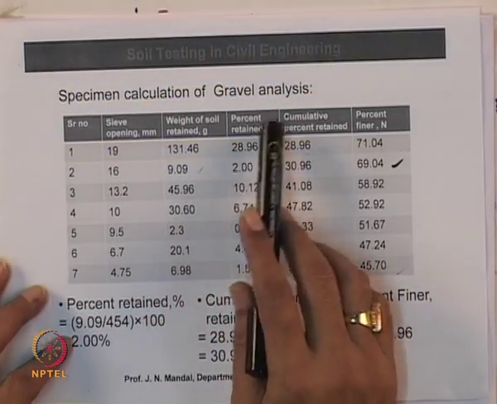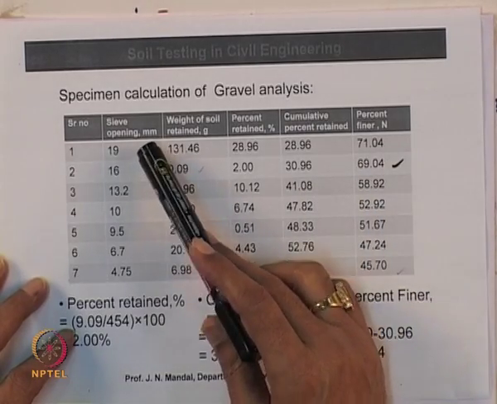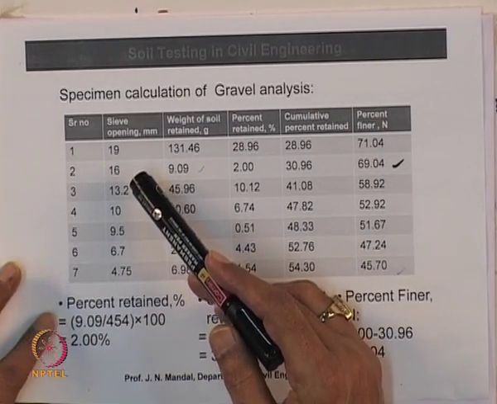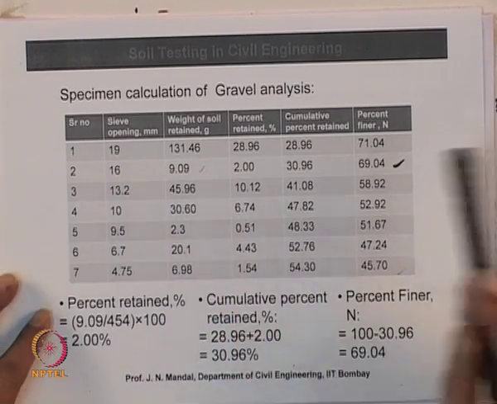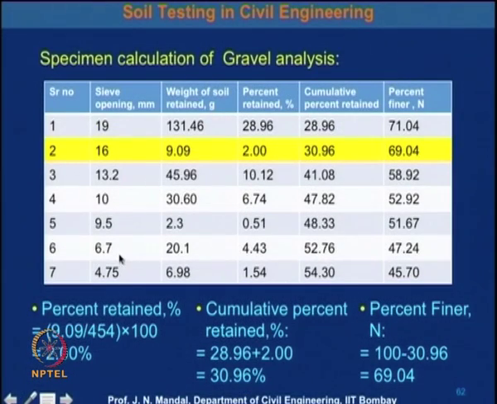This is a specimen calculation for the gravel analysis. This is the sieve opening size, starting from 19, then 16, then 13.2, then 10, 9.5, 6.7 and 4.75. This is the weight of the soil retained: